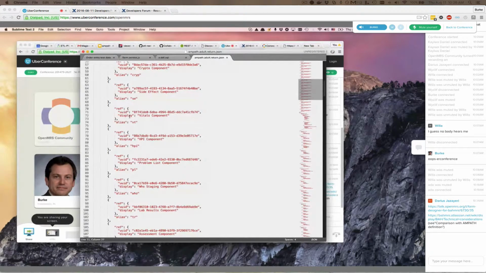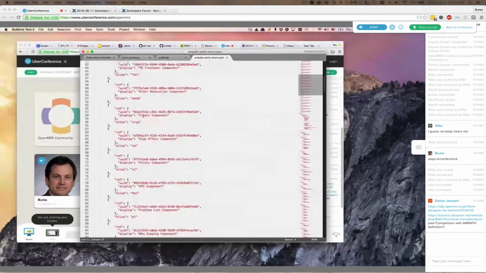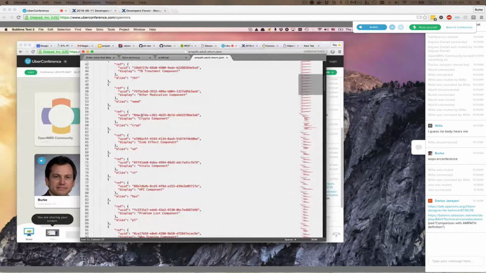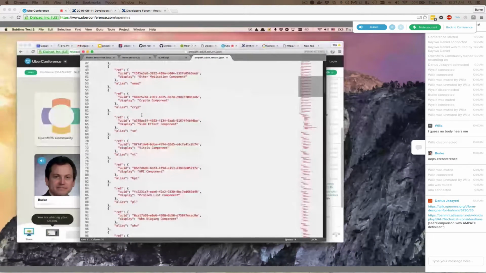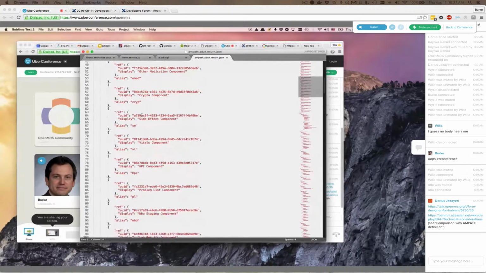From an intuitive standpoint, I see the value of referencing, especially if you're going to use something in multiple places. But if you're just using a form and you want to refer to a component somewhere else and you're only doing it once, having to go through and create a reference forms entry with an alias and then fill it in is a little less intuitive. But I guess eventually you don't want humans using this stuff anyway. Yeah, right.